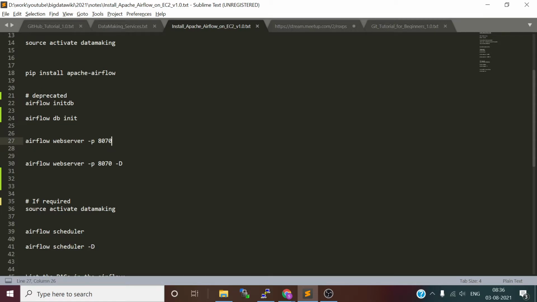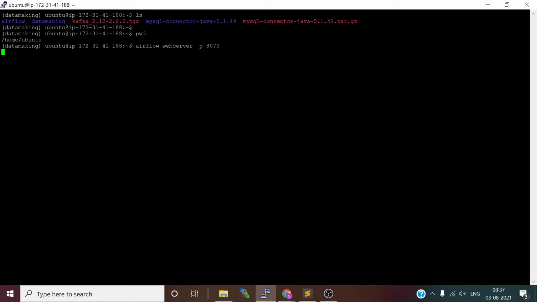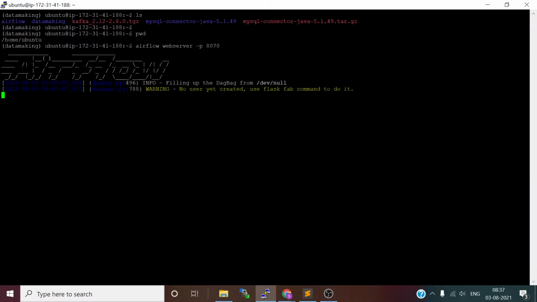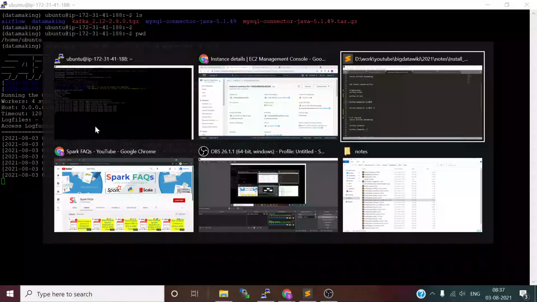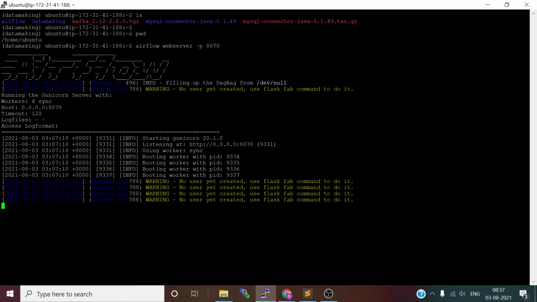If you run the command like this, it will run the web server in the foreground. If you want to run it as a background process, you can use -d. So it is launching on port 8070.